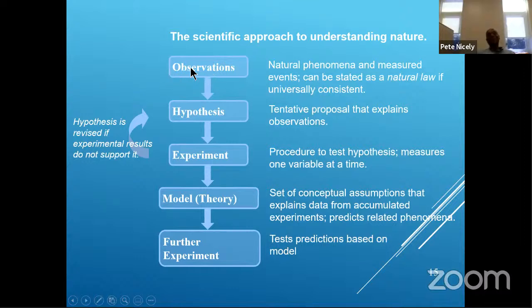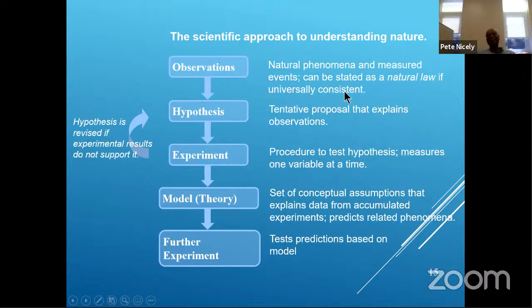And this is where your senses come into play, your sense of smell, sight, touch, even though in chemistry we try to not touch chemicals and so on. But these are basically what is observed by your senses, all right? In some cases, what we observe can be measured. And basically, if we can see some consistency in terms of the observation, we can basically state it as a